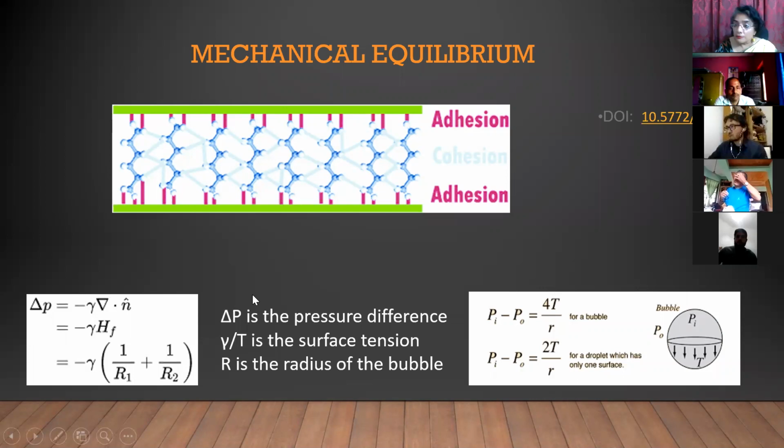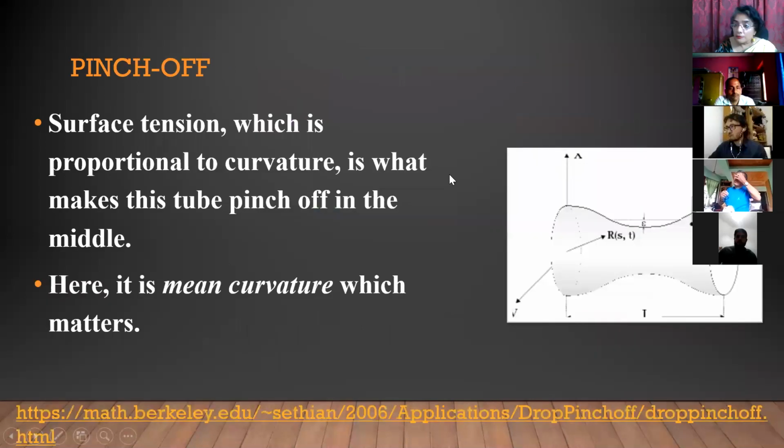you can have various values for the surface tension if I maintain the same pressure. So a pinch off is understood in terms of this pressure difference, and the mechanical equilibration is what causes the drop to pinch off. And it's the mean curvature on the two sides that matters. So basically, it depends on the shape of the drop. So analyzing the shape of the drop becomes extremely important.